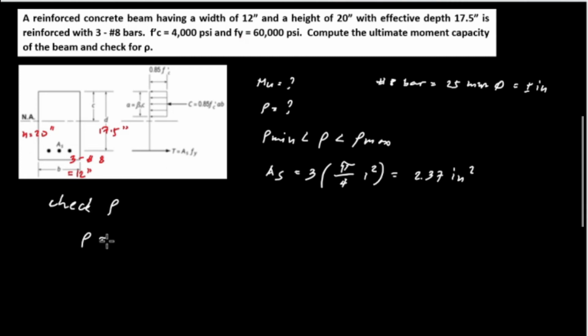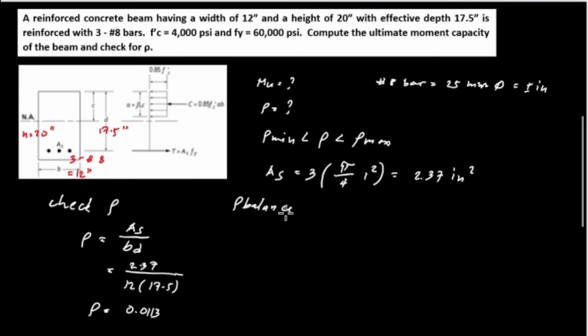rho. The rho formula is equal to A sub S all over B D, where A sub S is equal to 2.37, and we divide by B, which is equivalent to 12 inch, and D, which is the effective depth, and it is 17.5. So rho actual is equivalent to 0.0113. Check for rho balance,